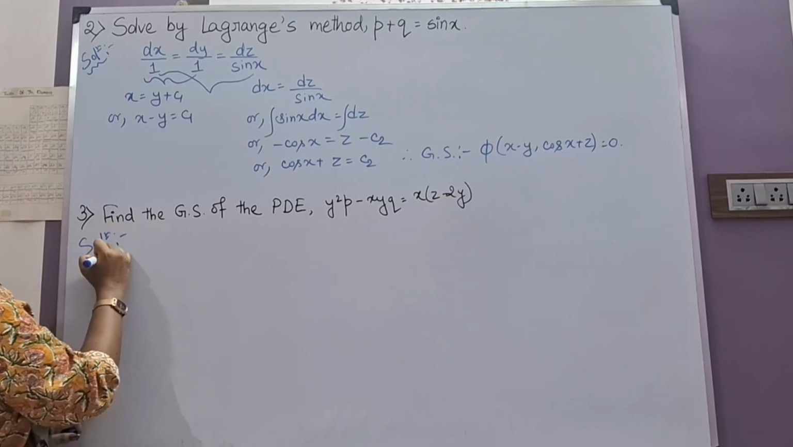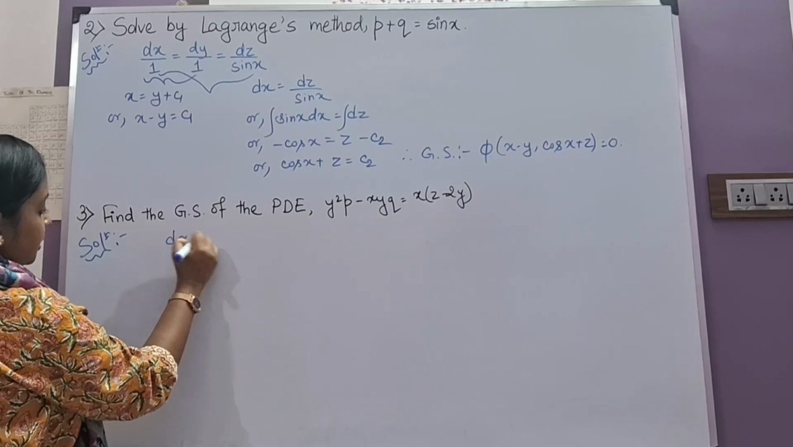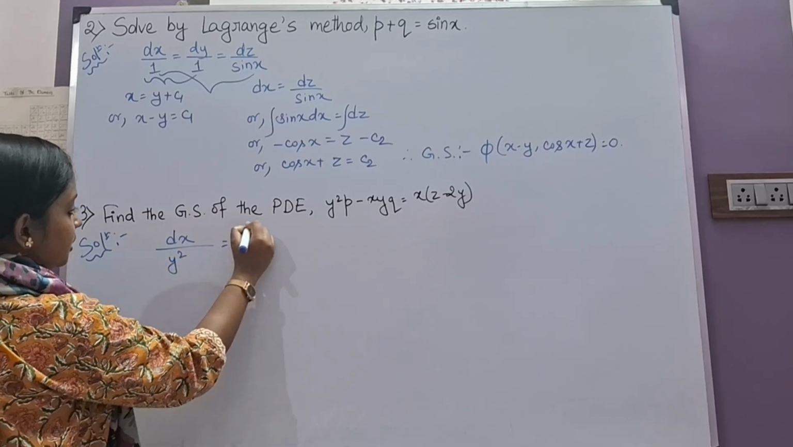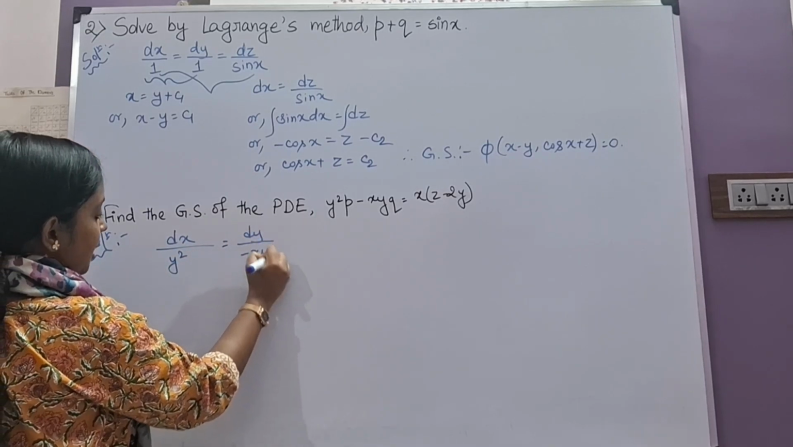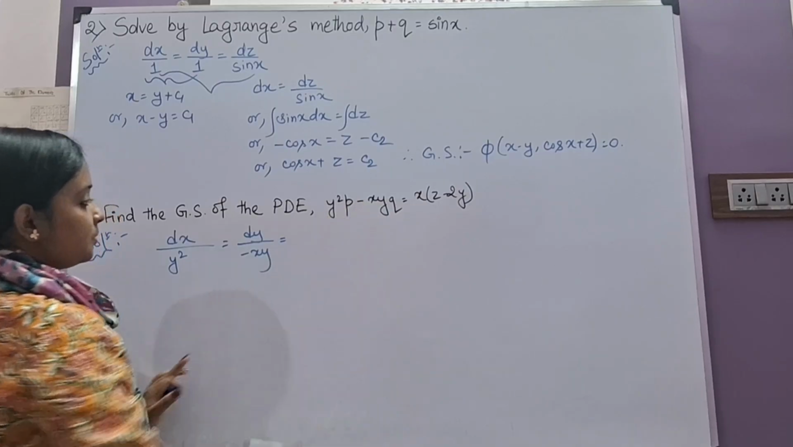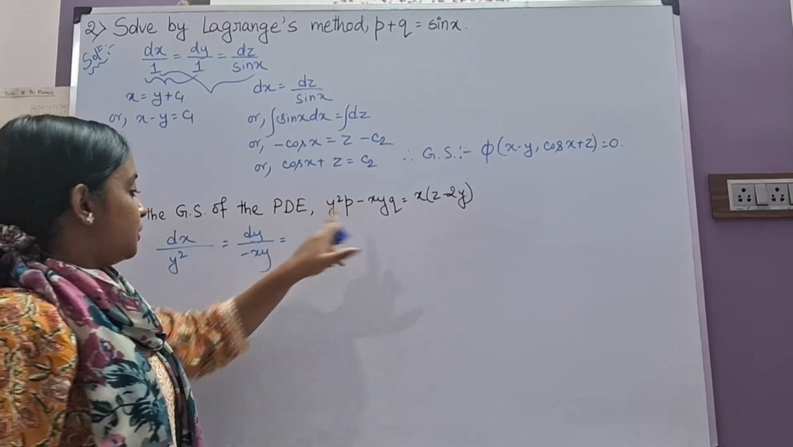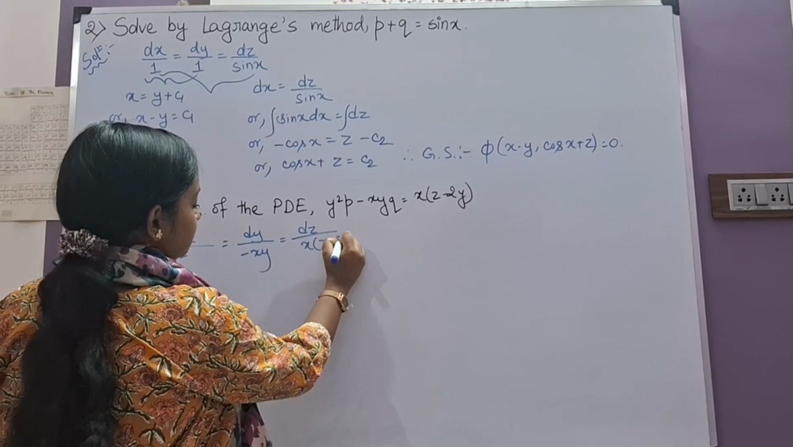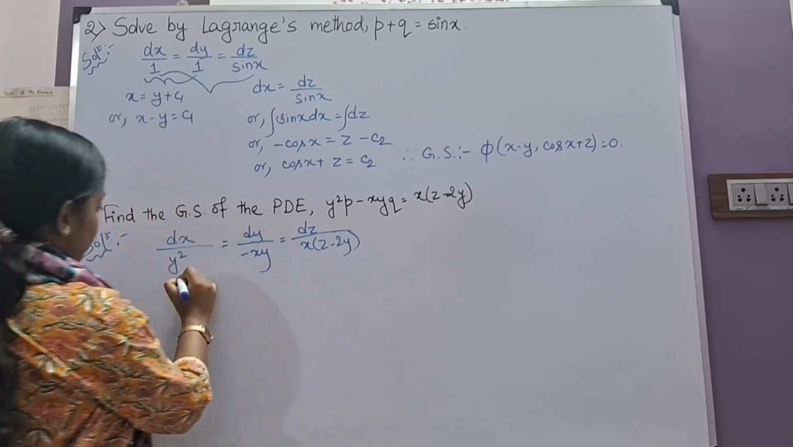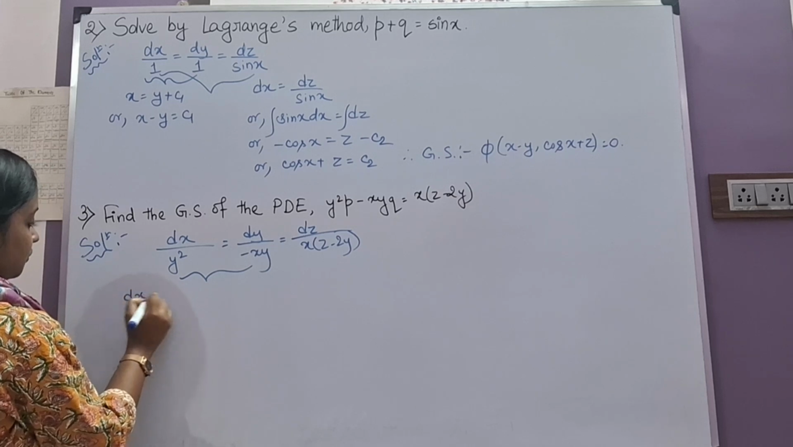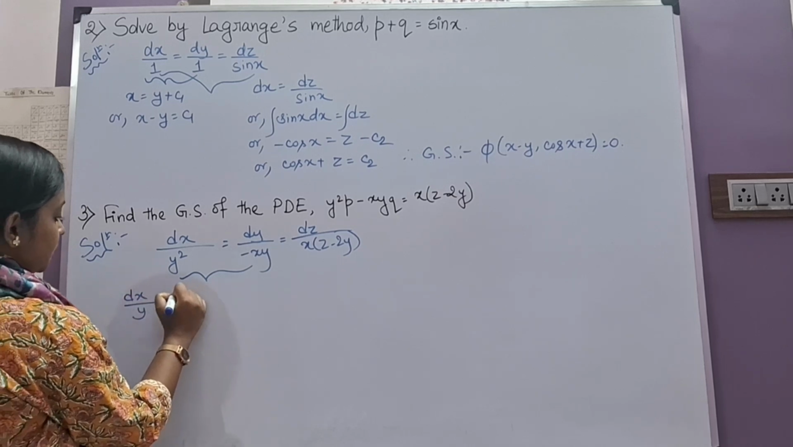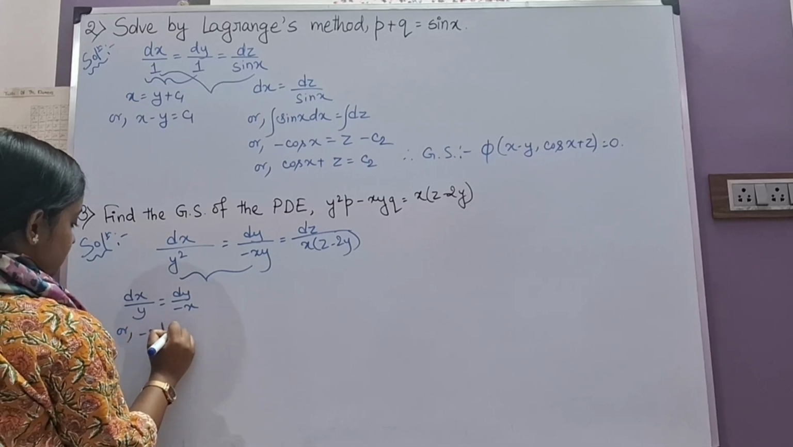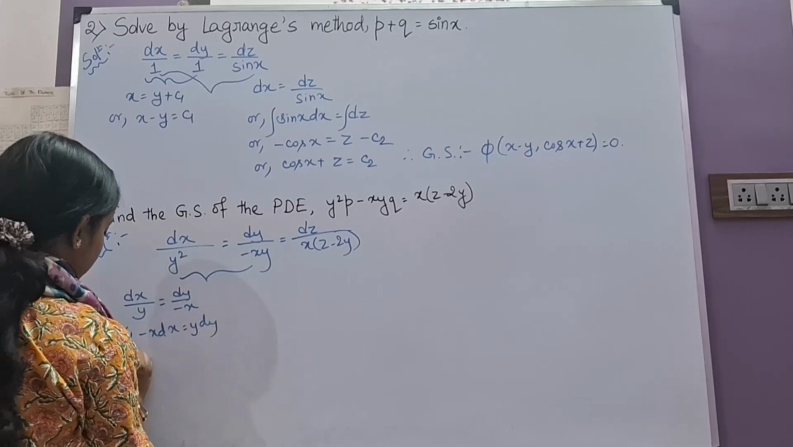Now we are going to solve it. Here the Lagrange's subsidiary equation is dx by y squared equal to dy by minus xy. Always remember, if there is minus sign, we have to write it. So now we are going to choose the first two ratios. What we get? dx by y equal to dy by minus x, or minus x dx equal to y dy,